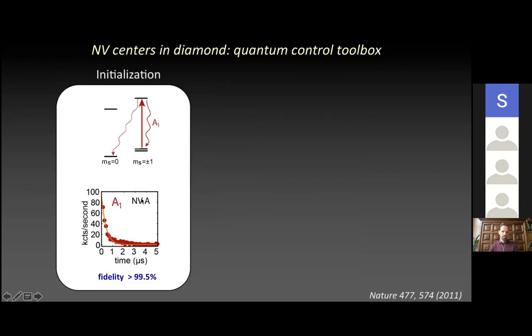So the initialization is done very trivially. We just turn on a laser on one of these not so cycling transitions, coupling the +1 and the -1 states to one of these excited states. And after a few cycles, we will actually pump it to the MS=0 state. Now this laser is not resonant with this transition, as you saw in the previous slide. They are really selective. So if you look at the fluorescence, starting from this state, you see it quickly dies out, and in a few microseconds, you've actually initialized with very high probability into the MS=0 state.